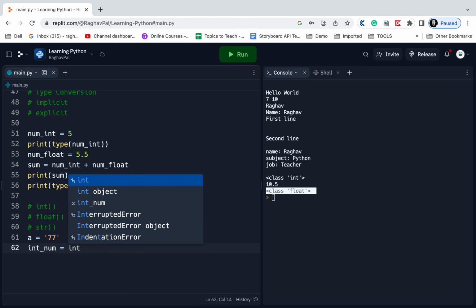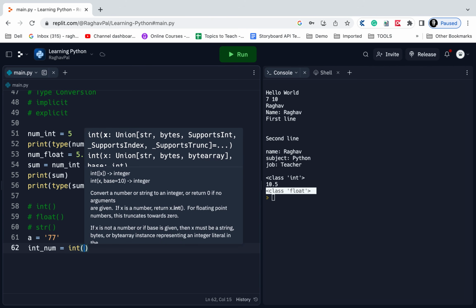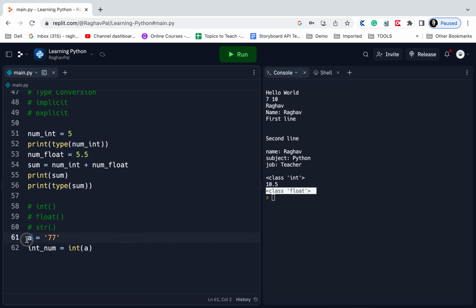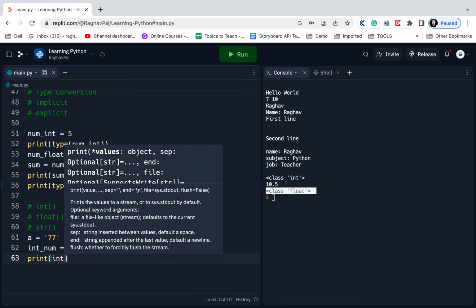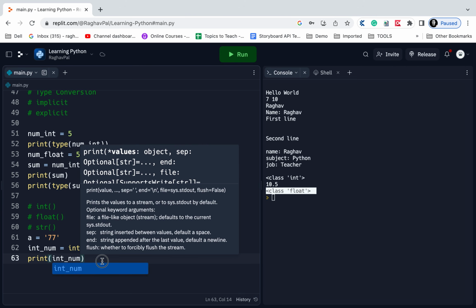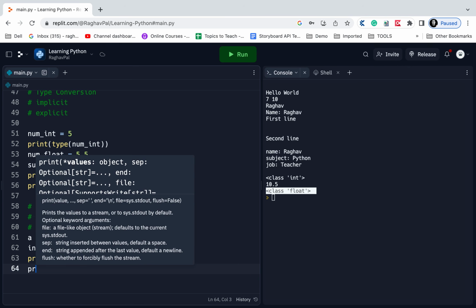I am using the int function and I am giving the variable a here, which is this one. So I am explicitly converting this string to an integer. So when I print int num, and also I will print the type of int num,